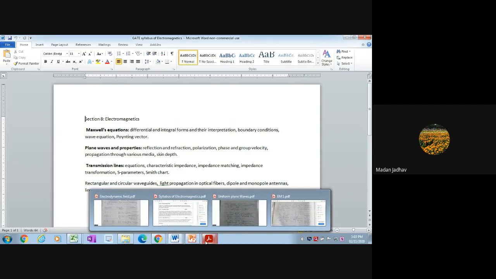Now we'll see the Maxwell's equations in differential and integral form. Now, the first Maxwell equation in differential form is divergence of D is equal to rho. Here D is the electric flux density, rho is the volume charge density, and del is the